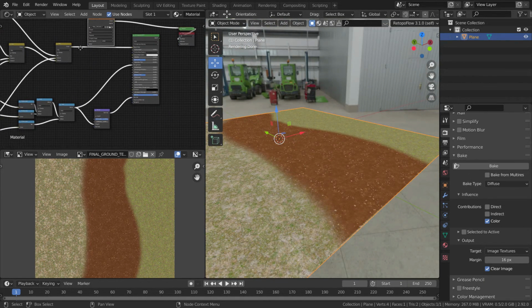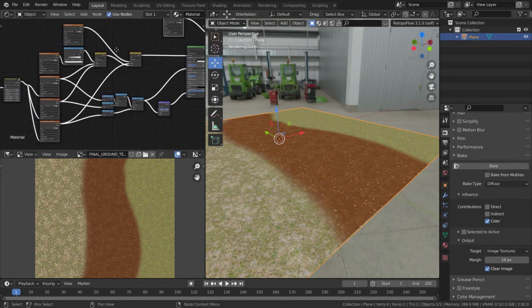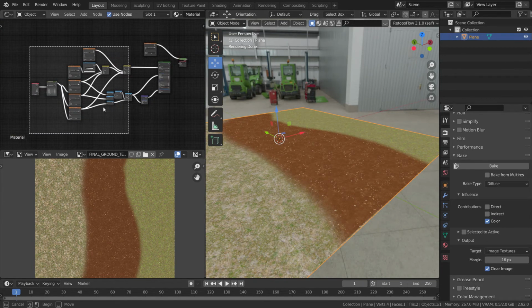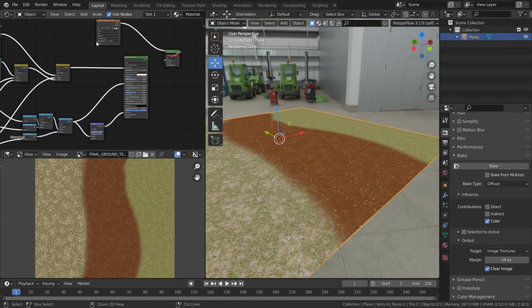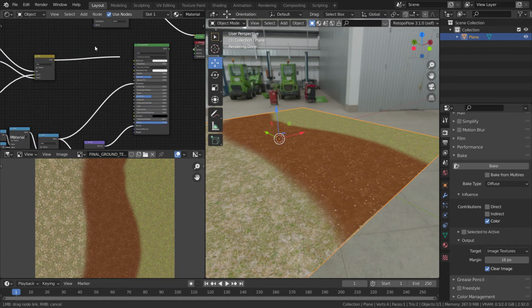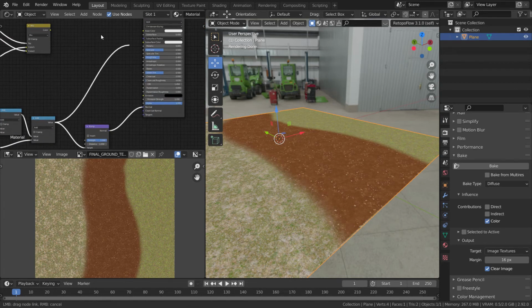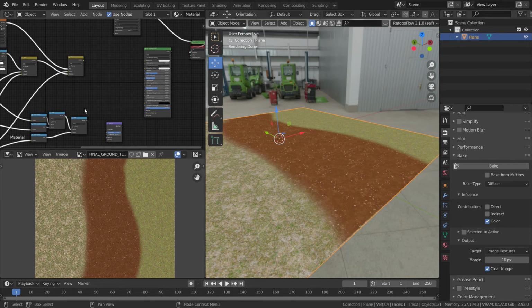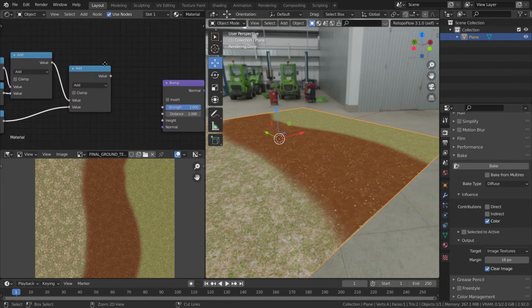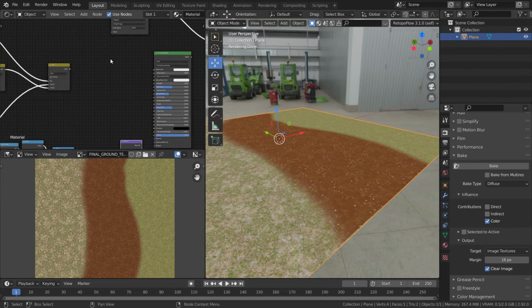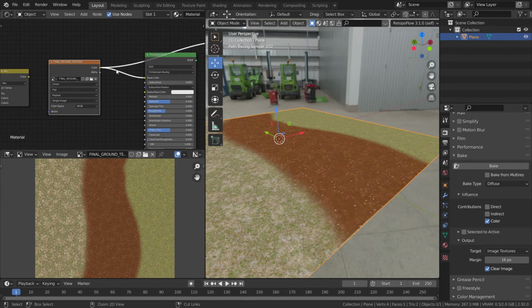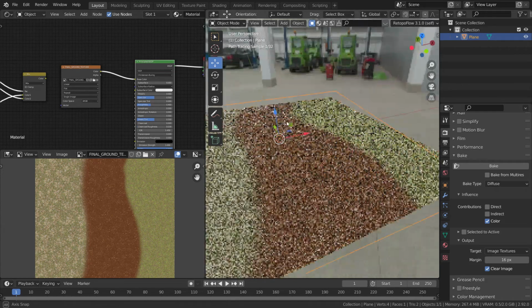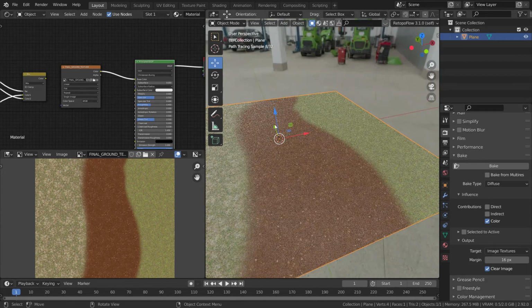So now I can literally just delete everything which I created and use a single image texture. So instead of deleting, I think I'll just remove this base color, and also I'll remove this from roughness and then normal. Okay, I think it's a good idea, don't do this, and first bake your texture and then you can literally just plug this into your base color. And as you can see, you got your texture.